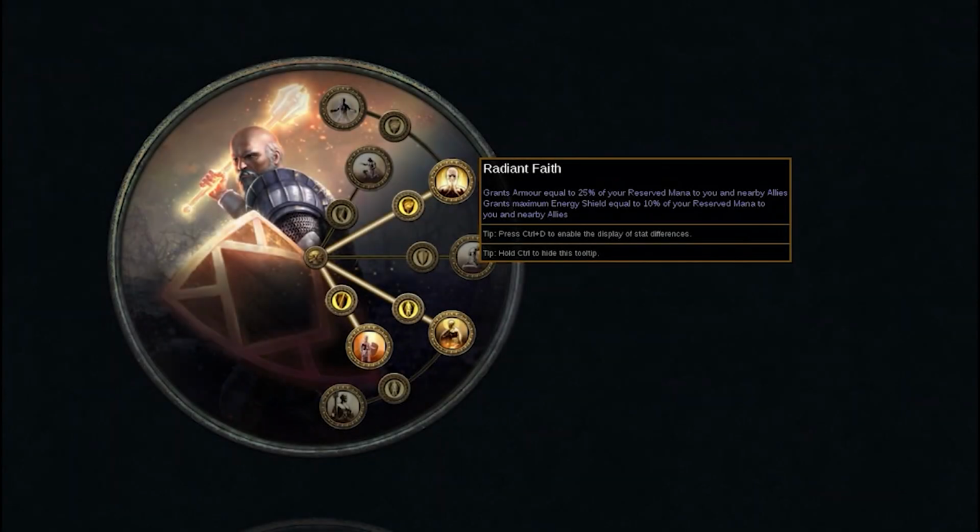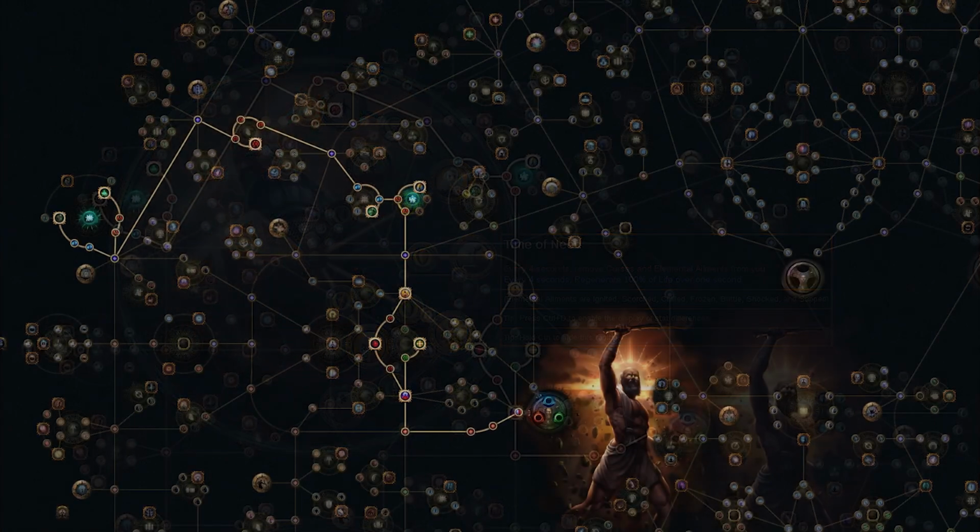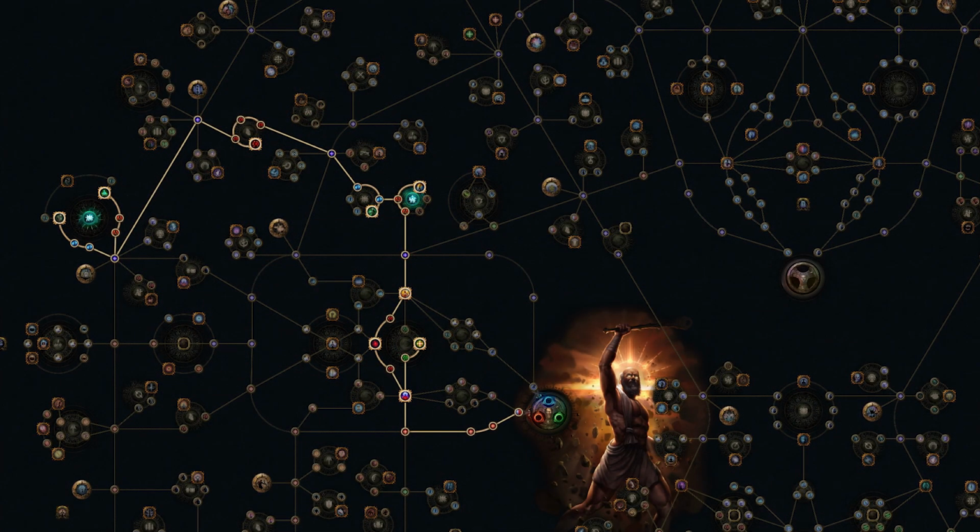Allocating Radiant Faith next gives us a lot of armor and energy shield. With Time of Need last to help us with curses and elemental ailments, and it regenerates 100% of our life every 4 seconds. For the passives, focus on getting the minion life and damage nodes on the left side of